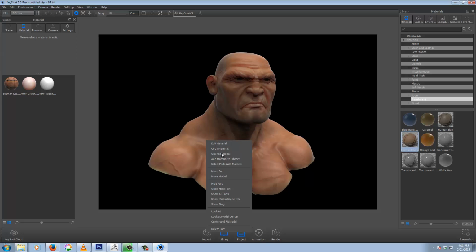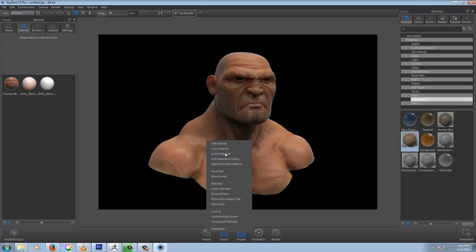Unlink is quite important when you have many objects with many different materials, because sometimes you'll be dragging and dropping and saying what the hell's going on, and materials are changing, and ones you put onto one mesh change another one. It's annoying, but it's because it's linked. So if you drag a load of materials onto a group of models, they all have the same materials and the materials are linked,